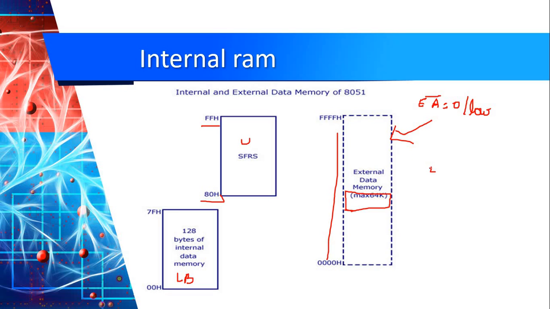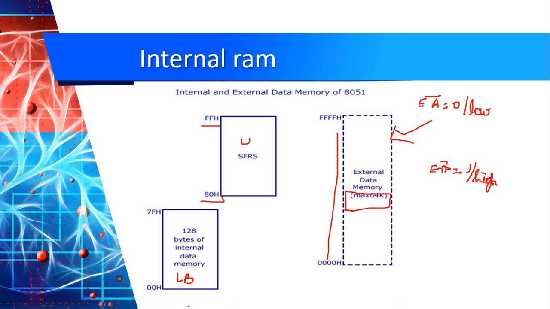When EA equal to 1, sorry, that is in a high active state, that is plus 5 volt is given. At that time we can access the internal ROM, but in the ROM we have only 4 KB, so we are accessing only 60 KB externally. But whether it is an active low state or an active high state, we need to take from here only.